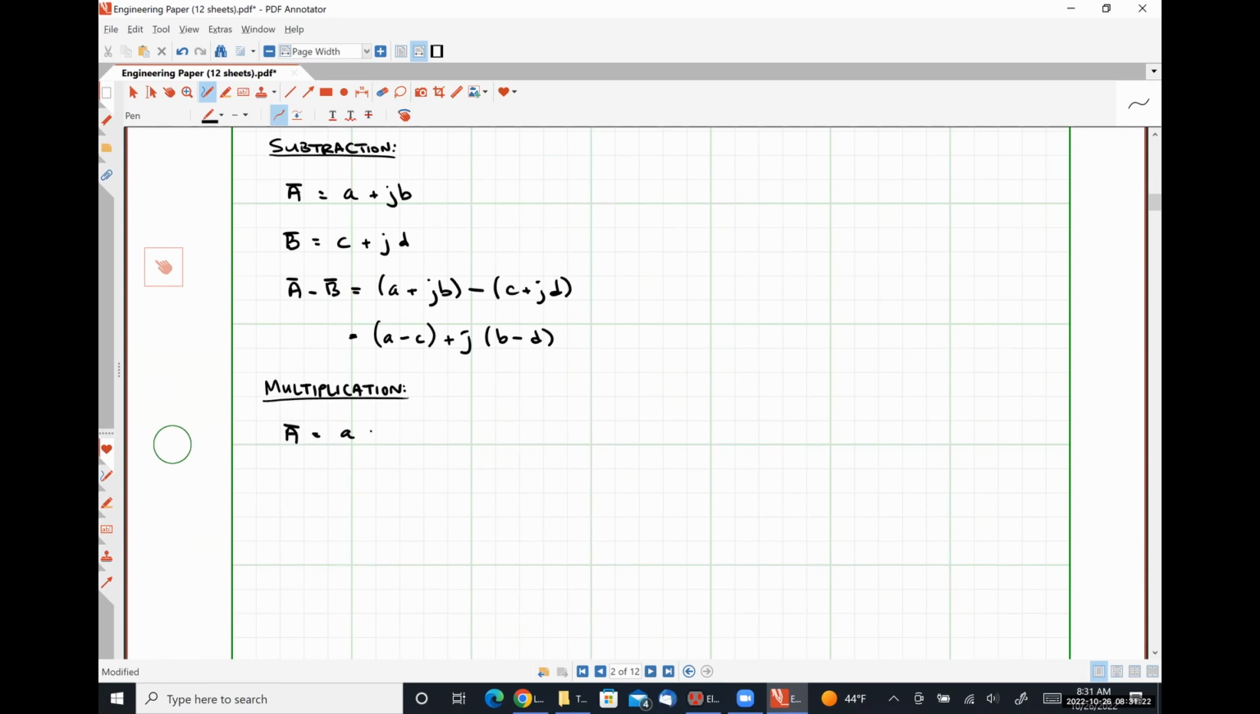So if A is equal to a plus jb, and B is equal to c plus jd, then multiplying A and B together is going to look like this. Okay, so I want to point out something here. I'm not going to use